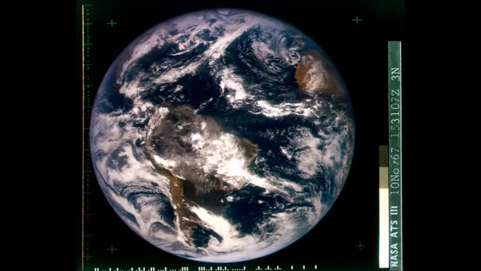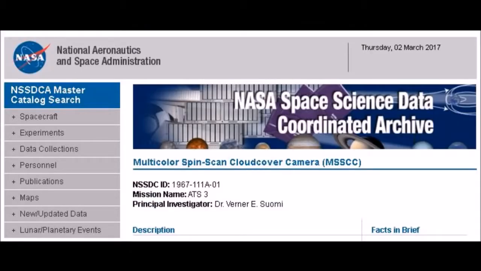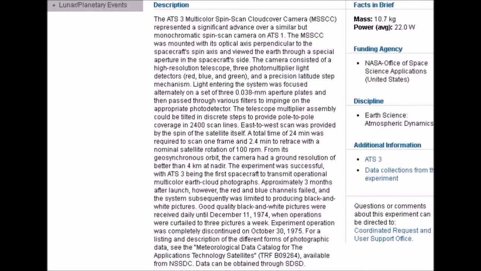Now, about this photo. They claim this photo of Earth was taken November 10th, 1967. And the camera used the spin of the satellite to scan the Earth. 2,400 revolutions of the satellite, spinning at about 2 revolutions per second, were needed to produce one complete image of Earth. So gravity is strong enough to keep it